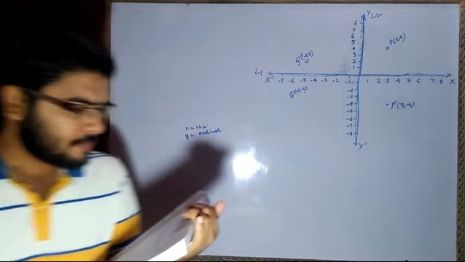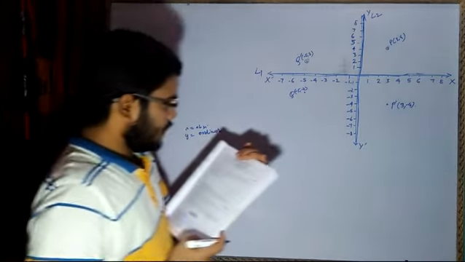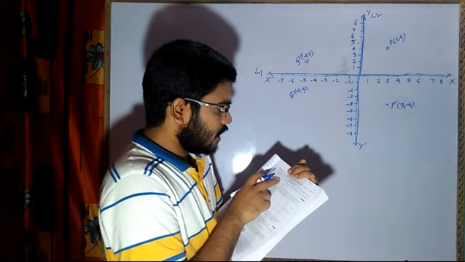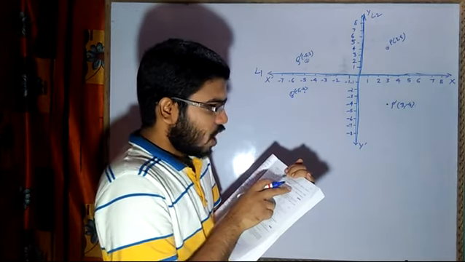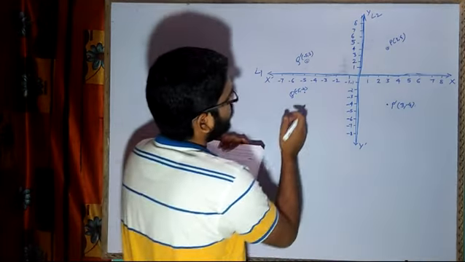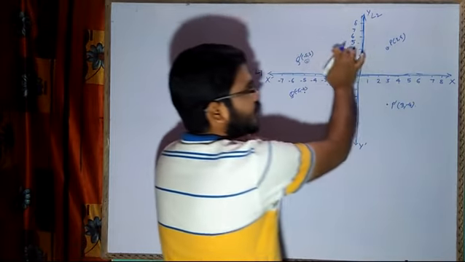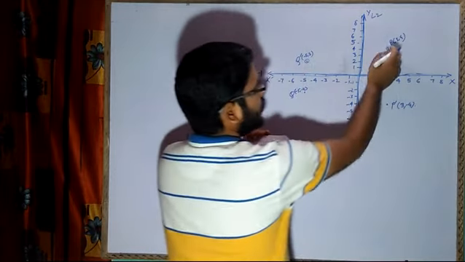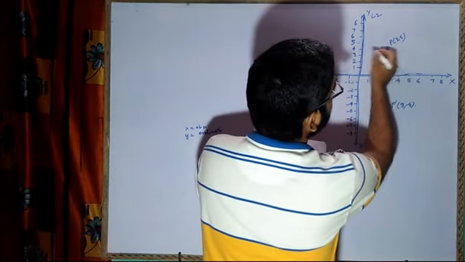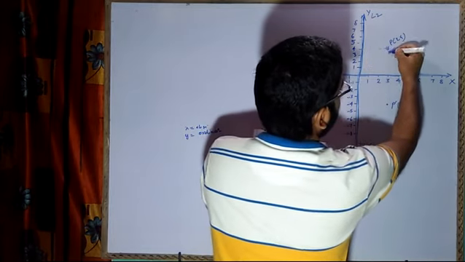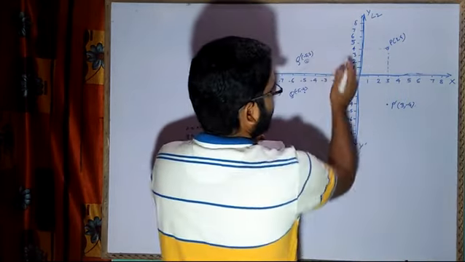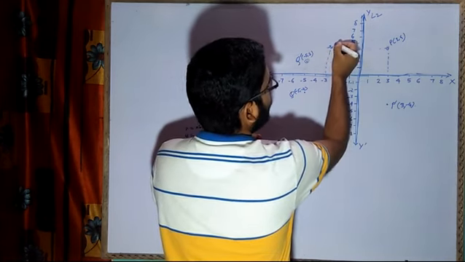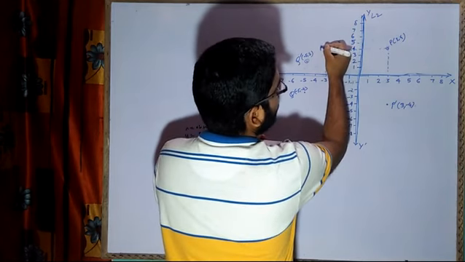After that, what they are saying is: write down the coordinates of the images of P and Q on reflection in L2. Now where is my P? This is my P. We have to reflect in L2. Where is my Q? We have to reflect that in L2 too. So when I reflect in L2, how far is it? It is 3 units far. So on this side it will come 3 units, so here it will come. So it will become minus 3 comma 4, and this will be called P double dash.